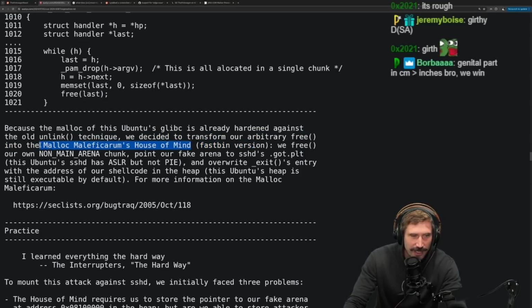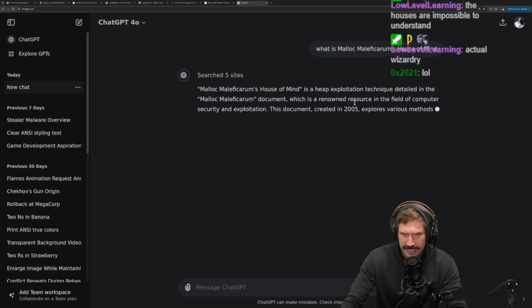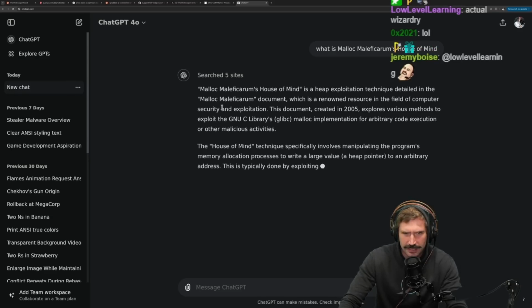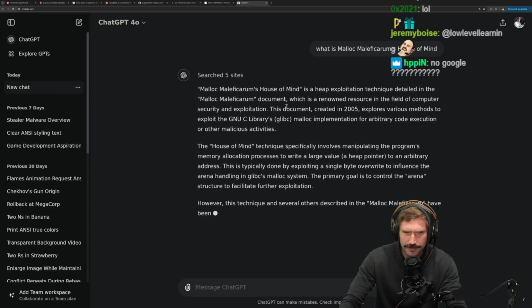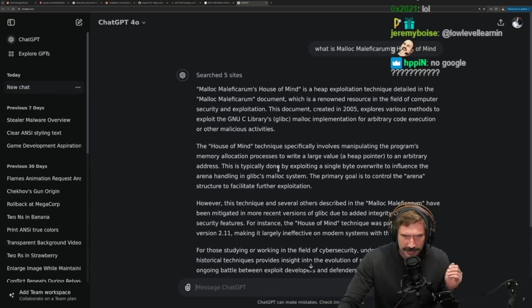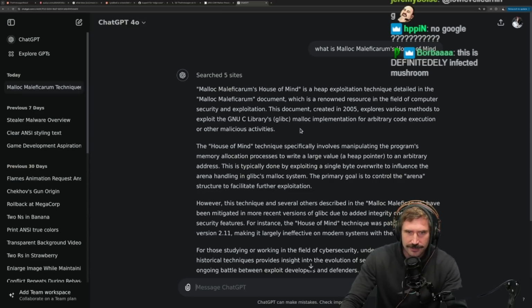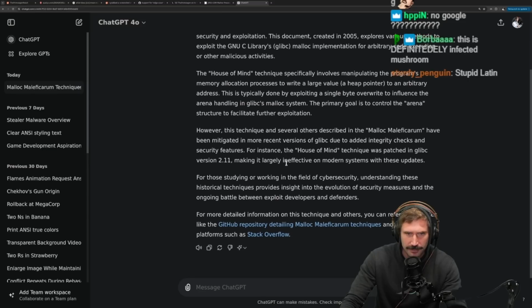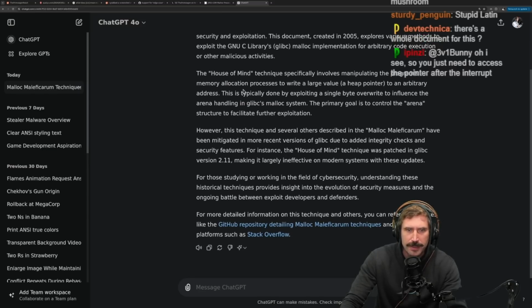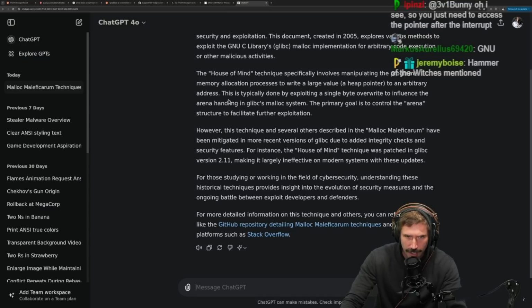This must be some really well-known thing. It is a heap exploitation technique detailed in the Malloc Maleficarum document, which is a renowned resource in the field of computer security and exploitation. This document was created in 2005 and explores various methods to exploit the GNU C library, glibc, malloc implementation for arbitrary code execution and other malicious activities. The House of Mind technique specifically involves manipulating the program's memory allocation process to write a large value, a heap pointer, to an arbitrary address.